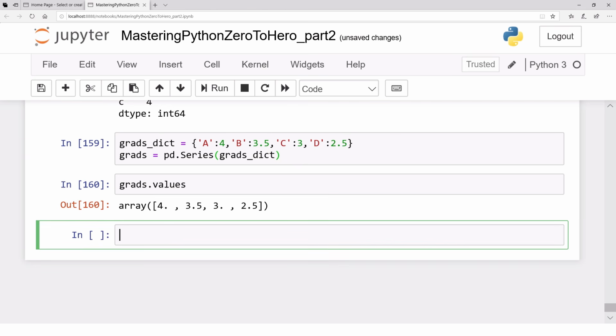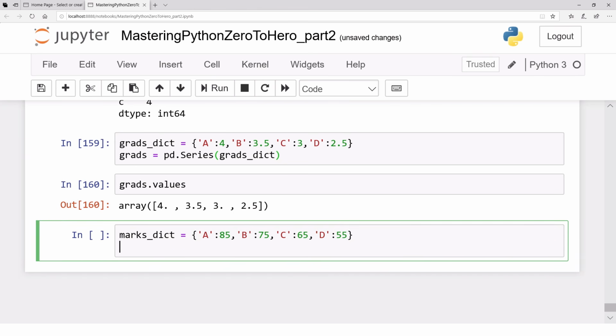Let's define another dictionary, for example, a marks dictionary, marks_dict. Again, the total marks are 85 for the A grade. Let's say for B grade, the total marks are 75. For C grade, the total marks are 65. And for D grade, let's say the total marks are 55. So that's another dictionary. Now let's create a Series object